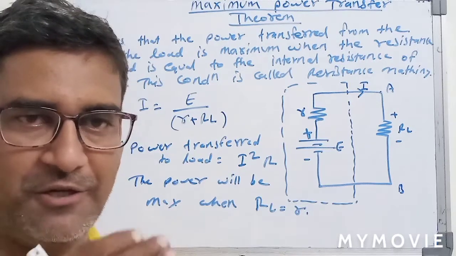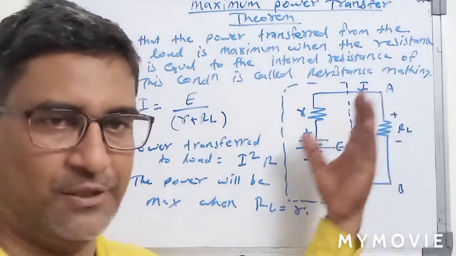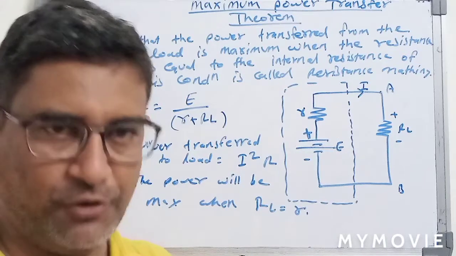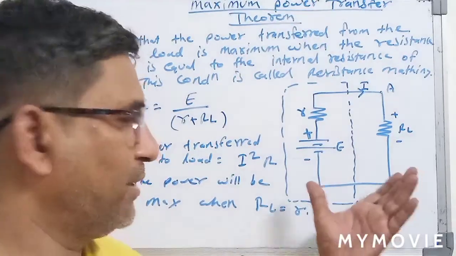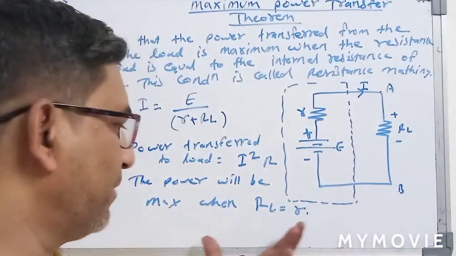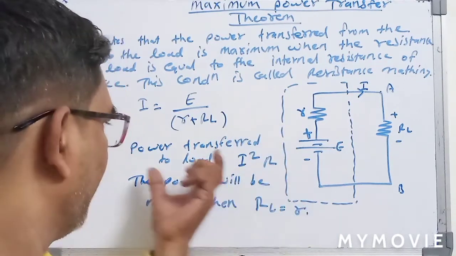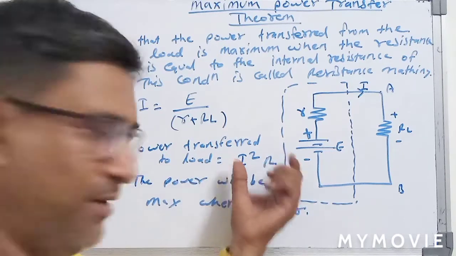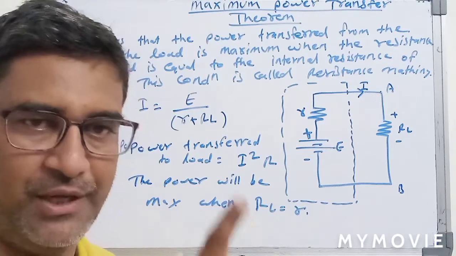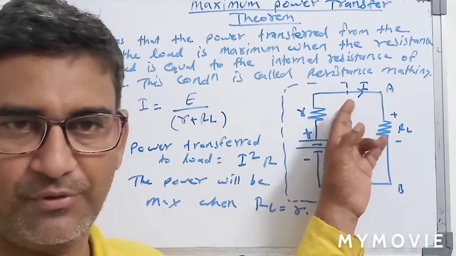Alternately, you may say that a large amount of power is transferred from one part to another, and hence the maximum power transfer comes into existence. It is a very short topic. Problems are not involved, only the theory, that is the statement. You have to keep the diagram in mind, and this one simple formula: the power transferred to the load is I square RL, and the power is maximum when the RL value is equal to the small resistance r, the internal resistance of the source. Okay, thank you.